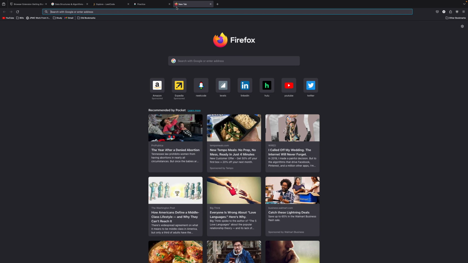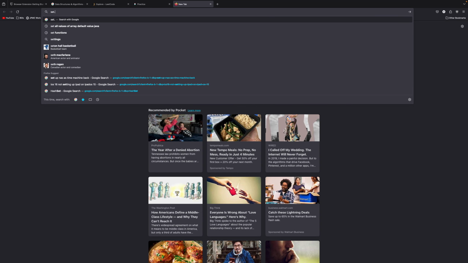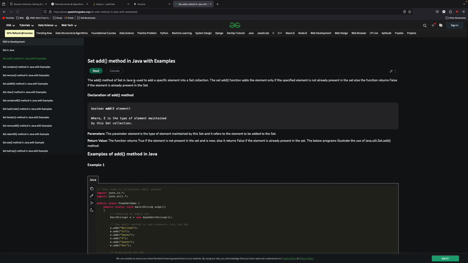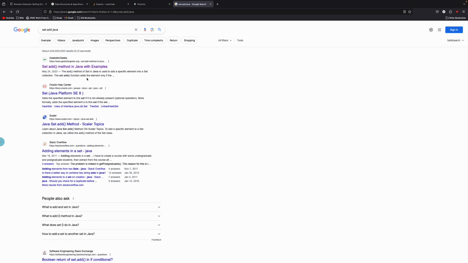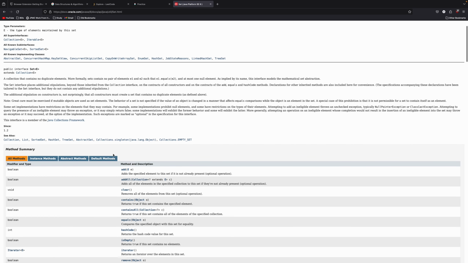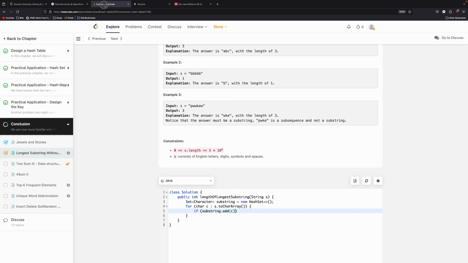If I'm not mistaken, I think it's set.add in Java. I'm pretty sure. Oh, so it's a boolean. If it is not already present, it would return false. Okay, so if the substring cannot be added, if this returns false, then we would do